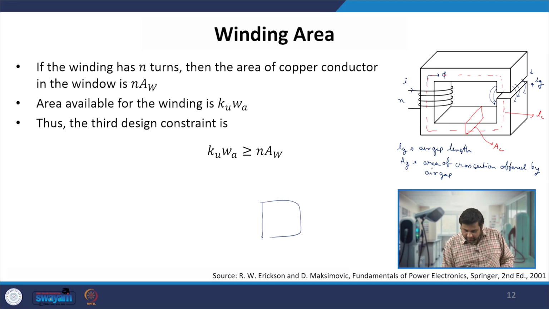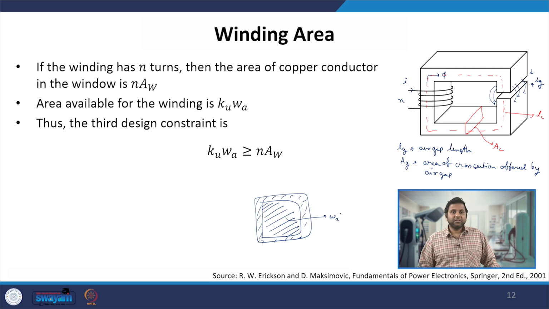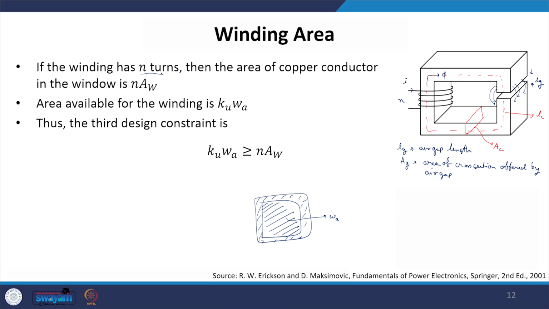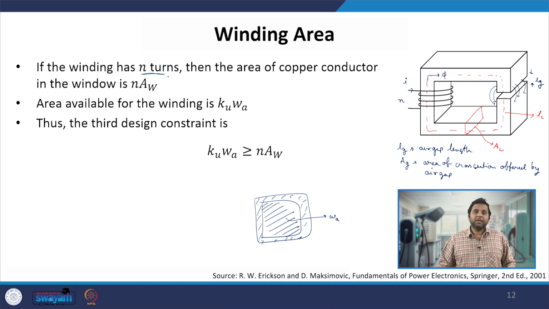If we see our winding area, or window area, it will be equal to this part. Only in this area can I accommodate the turns. If we have N number of turns, which is one of the unknowns we have to calculate, then the total area taken by the copper conductor will be N times Aw, where Aw is the area of cross section